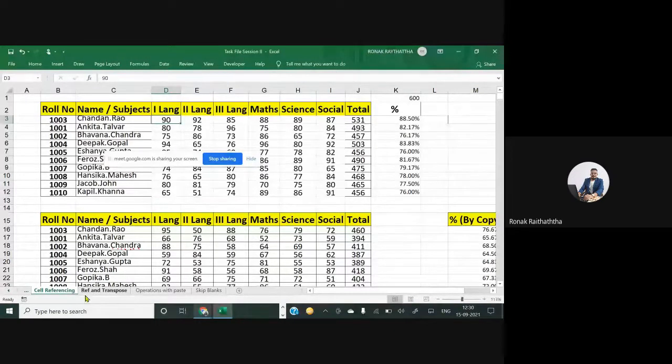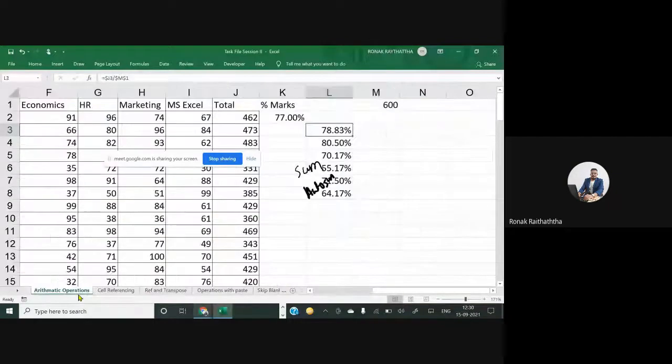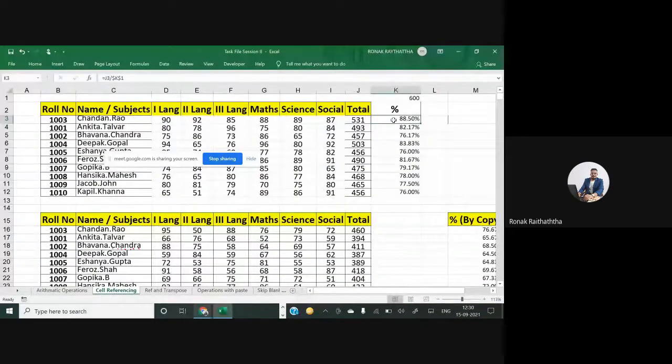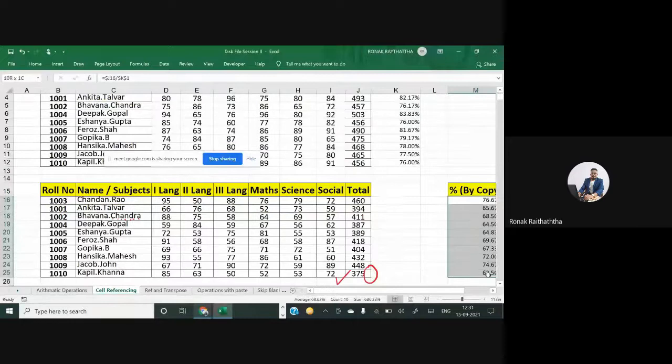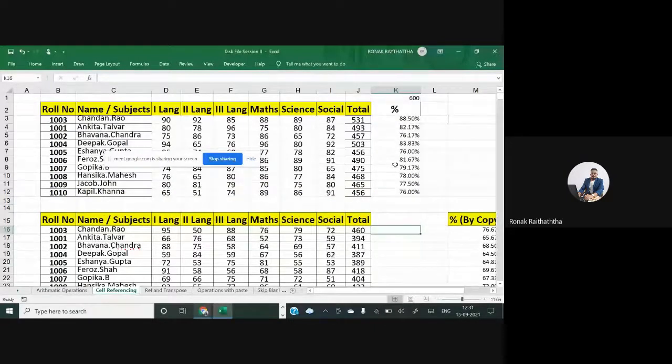Everyone, please open the worksheet called cell referencing. I guess you had rightly calculated the percentage of marks of those students in table A and table B2. In both the tables we had copied the formula, but there was relative referencing discussed there. So there are two types of referencing: one is absolute in nature, another one is relative. That means you are linking one cell with another cell, that is called referencing.